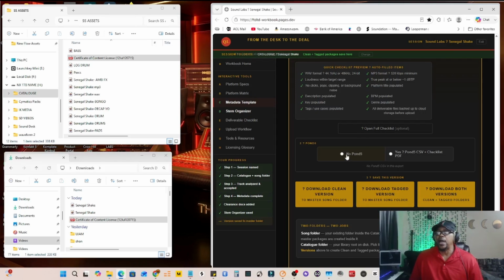and you could download both versions if you want. There is also what is known as Pond5. That means it's going to be strictly clean. If you do choose the Pond5 option, that is because Pond5, if you see here, it says yes, Pond5 CSV. It's going to create a CSV file for you. So when you upload your song, you can also upload that CSV file, and you don't have to go through that whole tedious process of editing and putting all of that metadata in there because you already populated it here. So I'm just going to use the Pond5 CSV option,